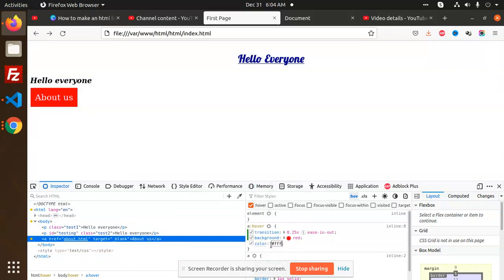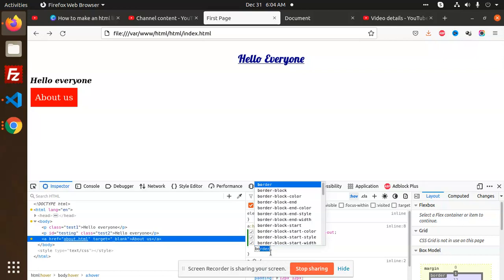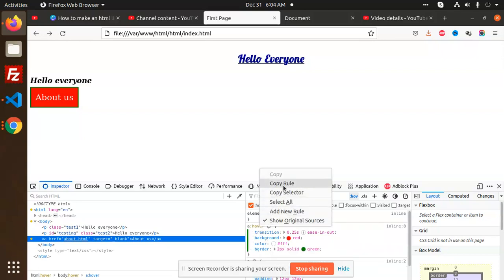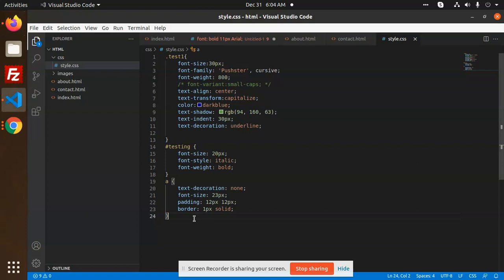Add #FFF. Let's copy this one. You can also add border 2 pixel solid. So it's added in the CSS file.